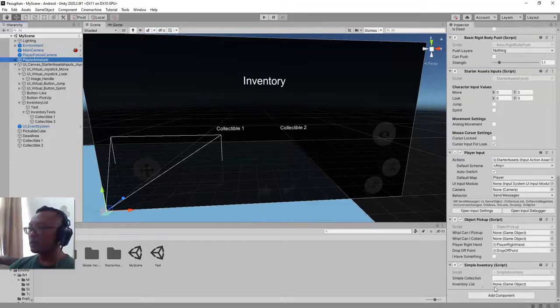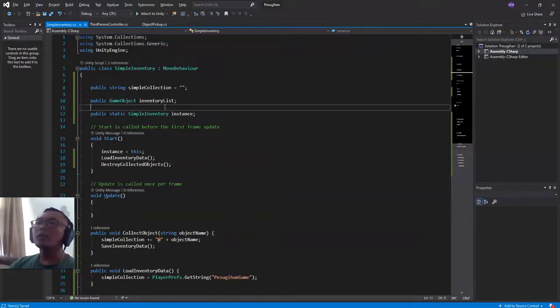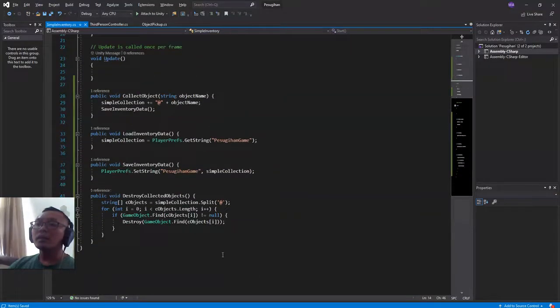You will see this slot here. Drag and drop this inventory text here, and yeah, here